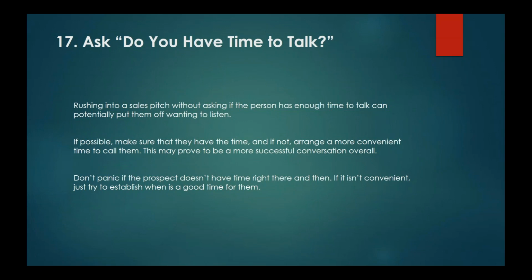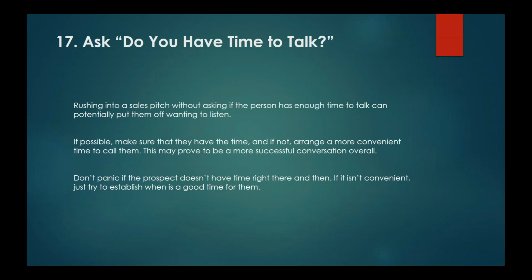Asking this question could be good, could be bad. You got to be able to bounce back from it right away if it is in the negative. But hey, do you have a minute to speak? I usually will go into the pitch. Hey, I'm calling because, and then do you have a minute to talk? Yes or no. But rushing into the sales pitch without asking the person if they have enough time to talk,